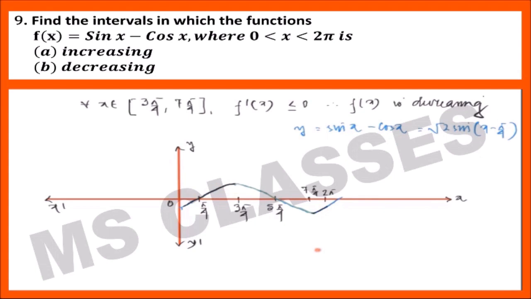So this is the graph of y equal to sin x minus cos x, and for only x lying from 0,